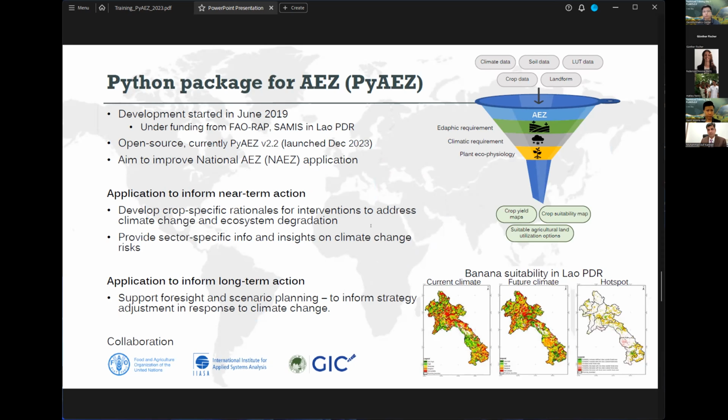It aims to improve national AEZ application, because we only act as a calculator. We give the power to the user at the national level to input the national database, be it climate data or soil or crop related data.